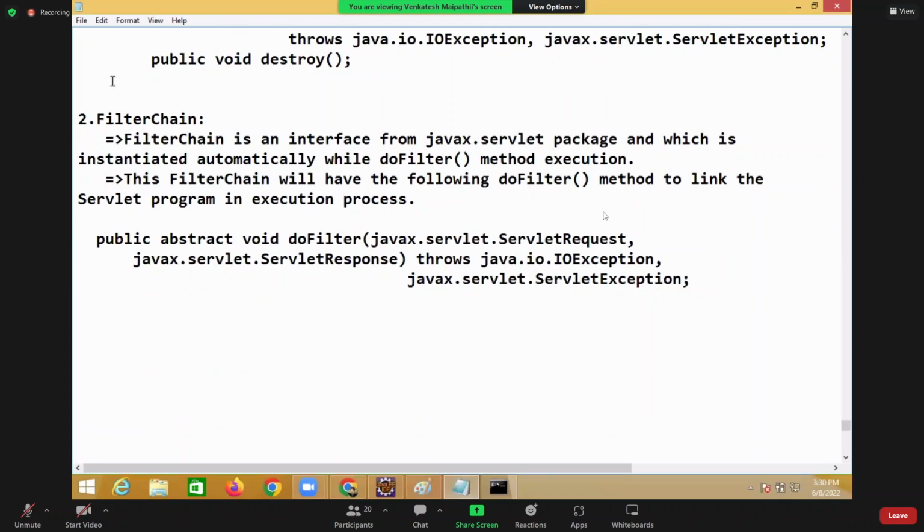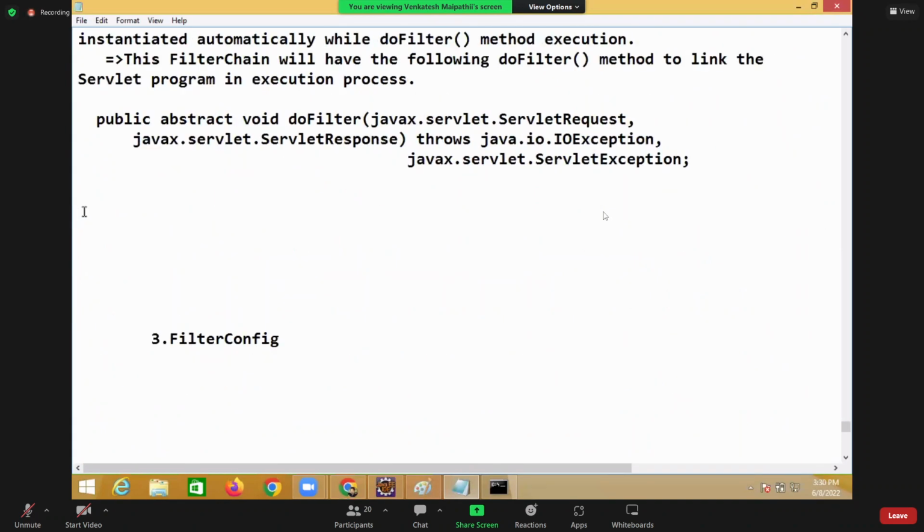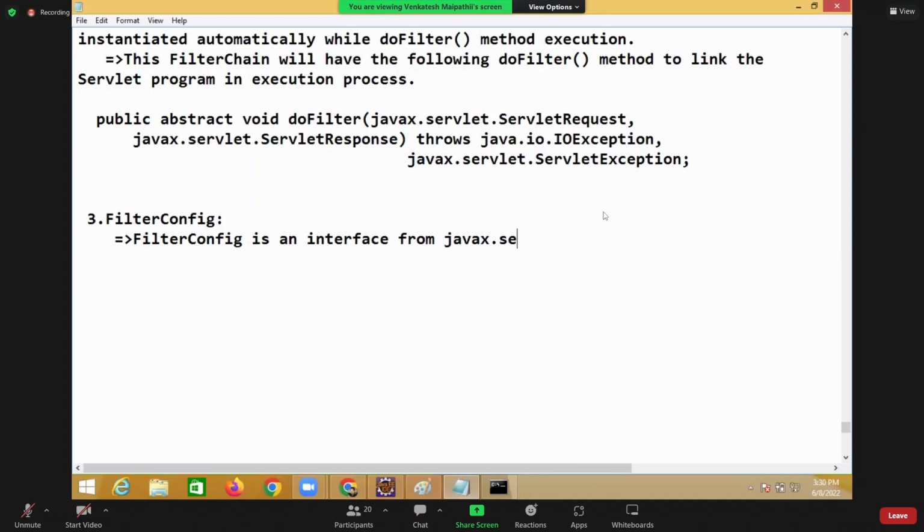And the last one we had is FilterConfig. FilterConfig is an interface from the javax.servlet package, and which is